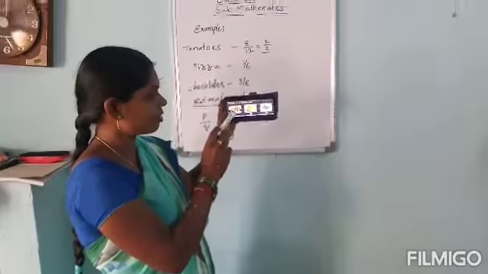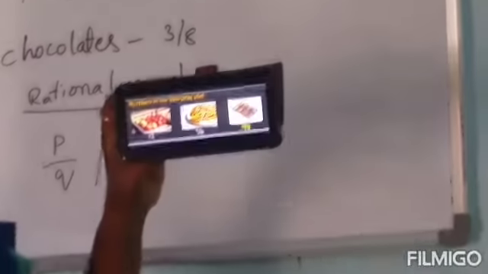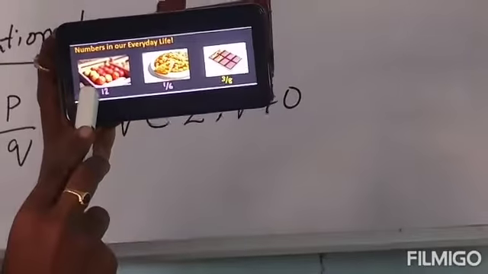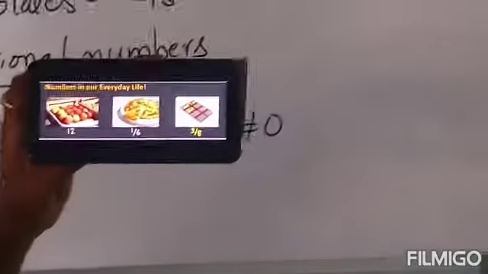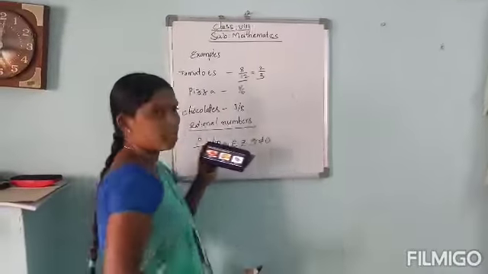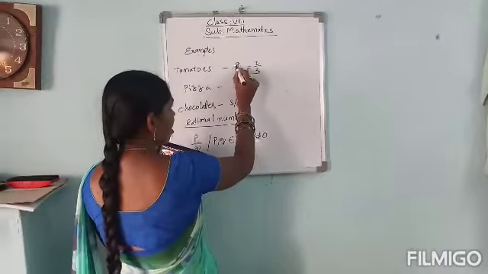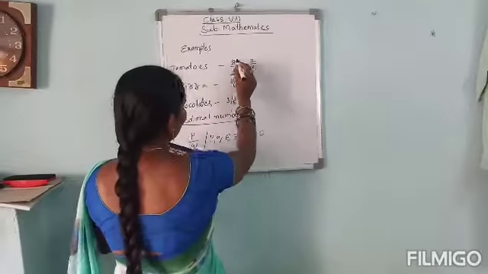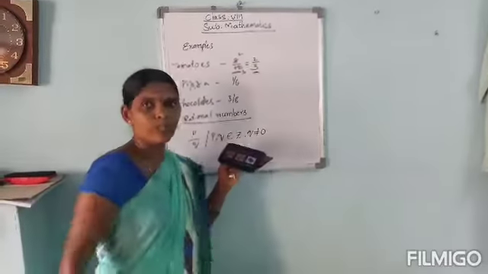The first figure shows tomatoes. So how many tomatoes are there here? There are 12 tomatoes in total. In these 12 tomatoes, I want to cut 4 tomatoes. Then what is remaining? The remaining tomatoes are 8 by 12. The simplified form of this is, 4 eights are 8, 4 threes are 12, so that is 2 by 3.